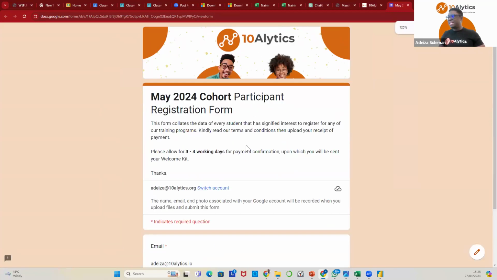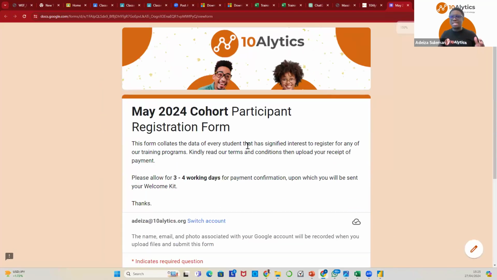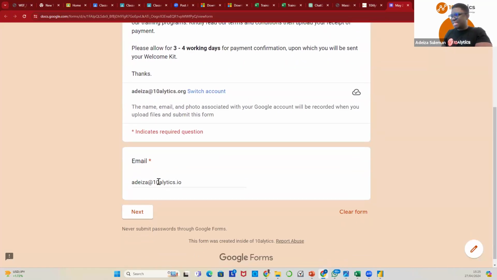And this is the form. The link to this form will be provided automatically to those who pay with their card. But if you've done a direct transfer, you need to go back there, click on upload your receipts, and then enter your details. Now, for some people, May is a very busy month. You have one or two commitments and you want to defer your class to start in June or start in July. Once you have secured your discounted slots, all you have to do when filling this form